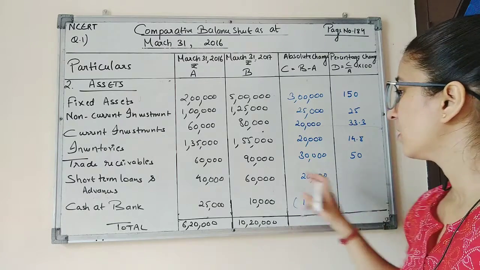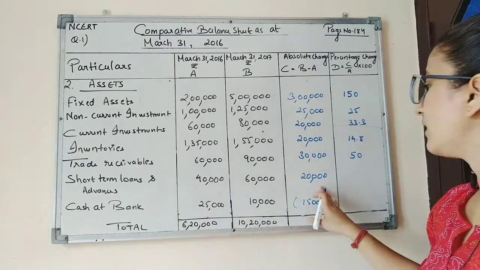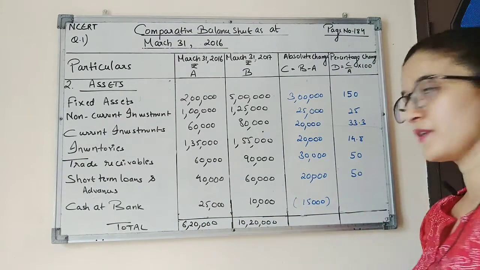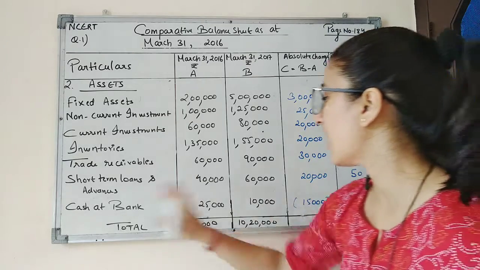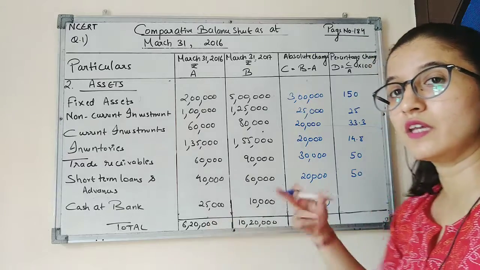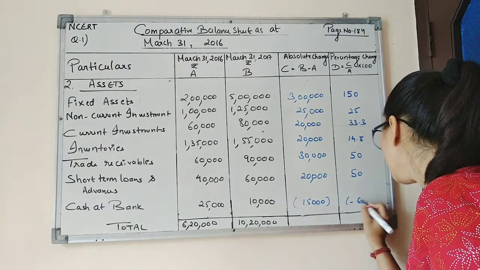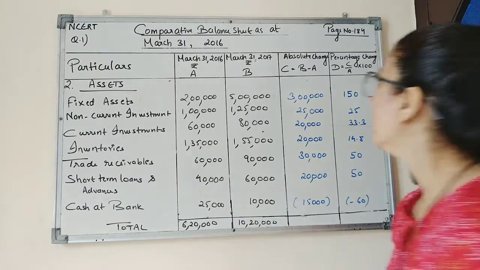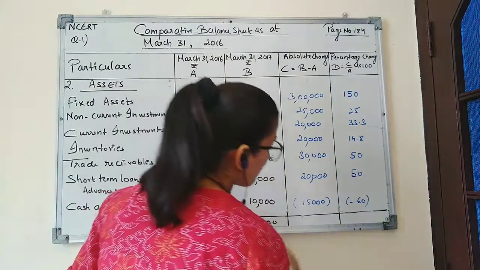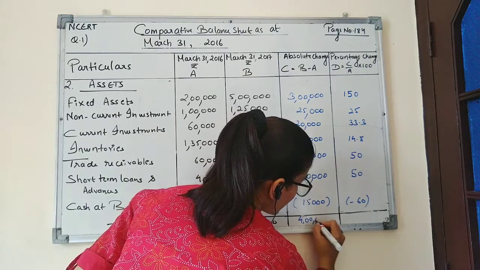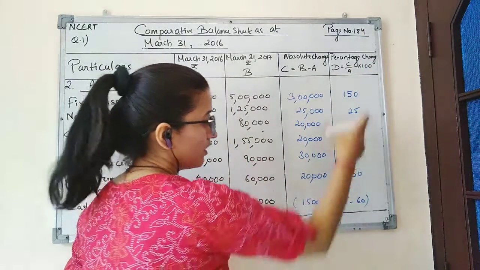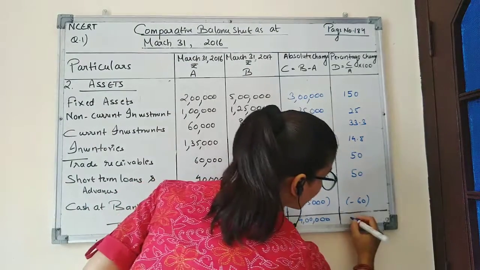50%. Short-term loans and advances, 20,000 divided by 40,000 into 100 gives 50%. And cash at bank, minus 15,000 divided by 25,000 into 100 will be minus 60%. Now by adding the column of absolute change, we will get the total amount of 4 lakh rupees, and by adding the percentage change column, the total percentage will be